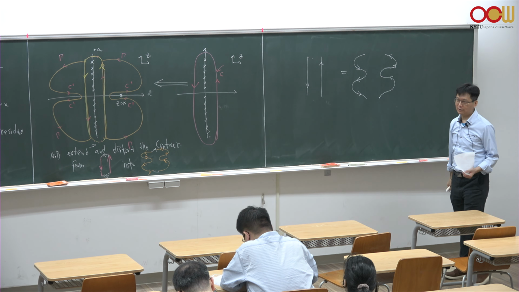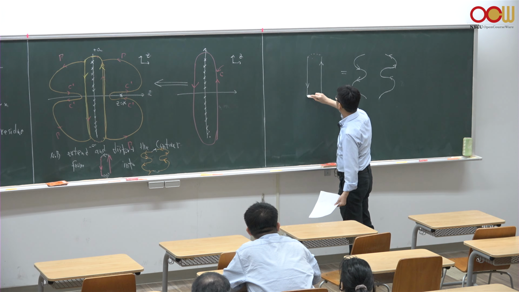Imagine these two are just two strings, and you could deform this string to any shape you like, and this is the particular shape I like, because with this shape, we can pick up the pole right here when z equals x. So these two contour integrations are identical,